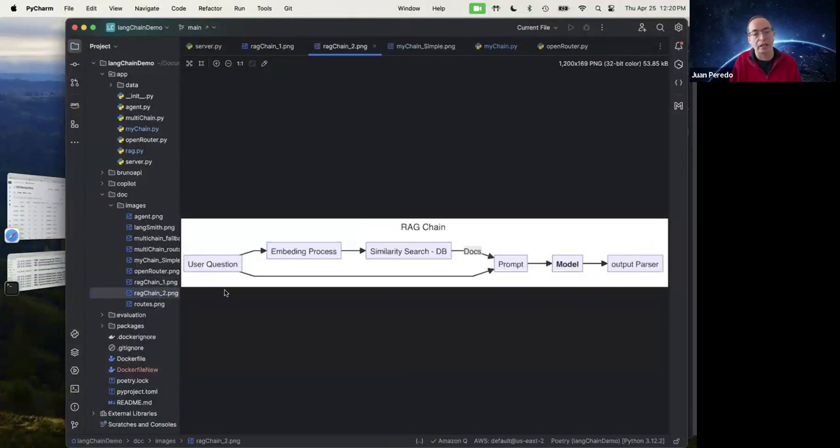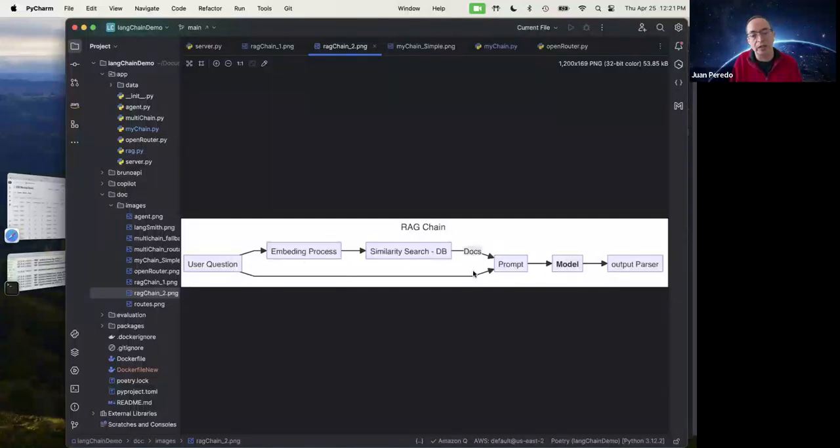Step two is taking a user question and trying to answer that question. In that case, we take the user question and convert it into a numerical representation, just like the documents, so that we can do a similarity search in the database. That will hopefully give us documents that will enable our LLM to answer our question. Now, this is a very simple representation of a RAG chain, so it may work most of the time, but sometimes it doesn't. That's why I say, hopefully, those documents will have the answer.